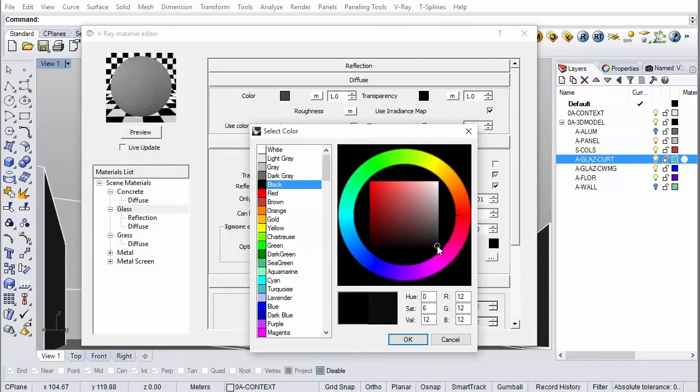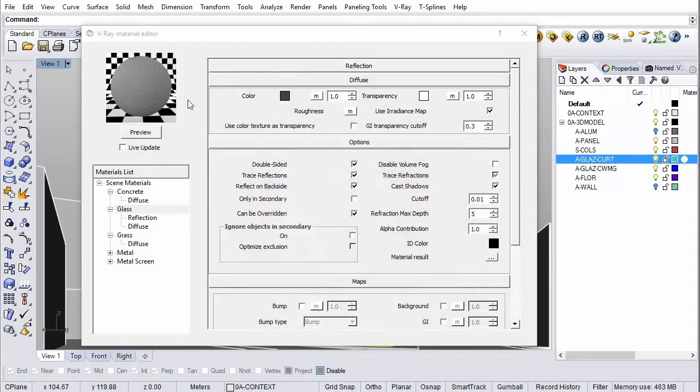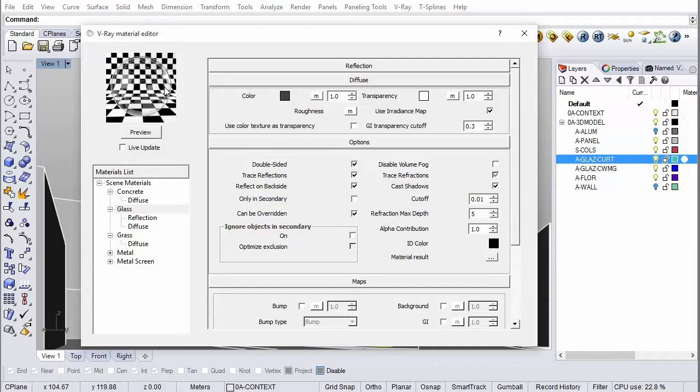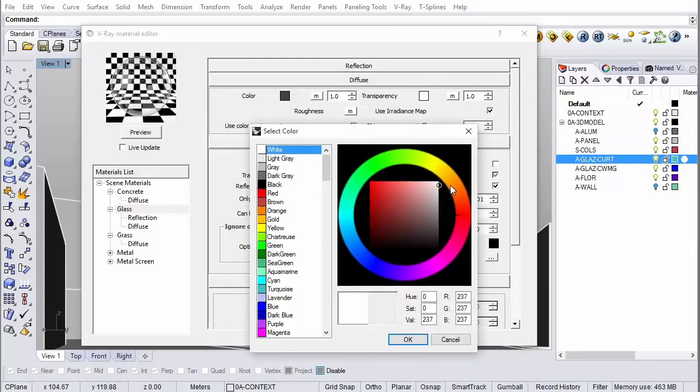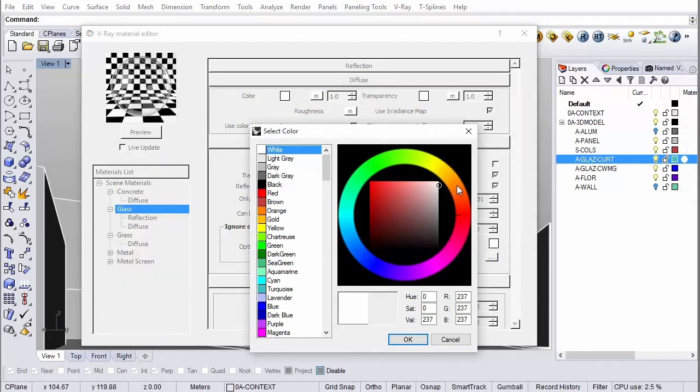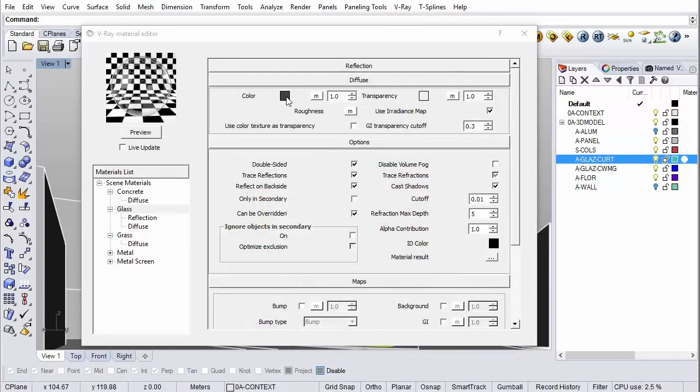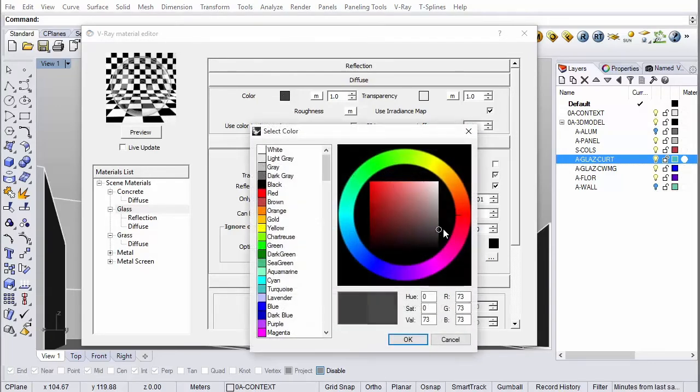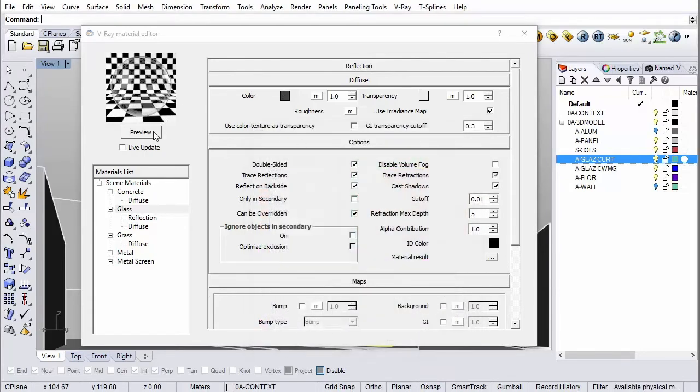Now, if I make this absolutely transparent and I preview it, then it's only going to show the reflection layer, which you're looking at here. But I actually do want it to be just a little opaque and a bit more prominent. So it's always good to set it at a sort of off-white. And again, make the color just a dark gray. And that's just going to give the glass a bit more presence than just the reflection layer.